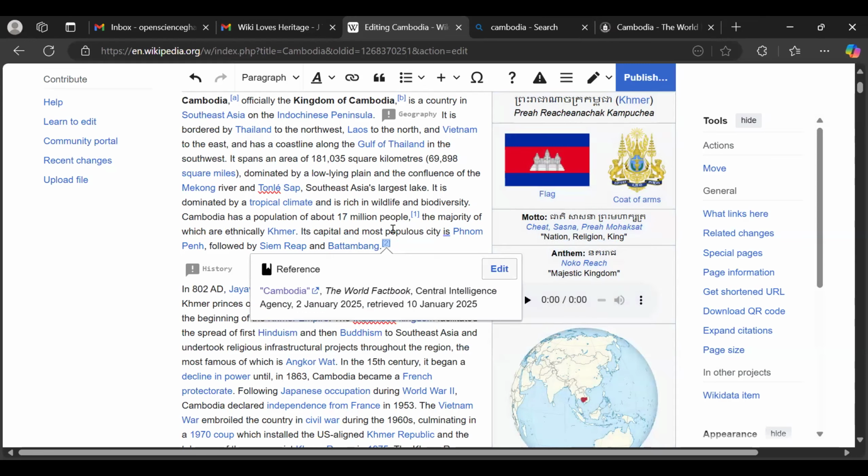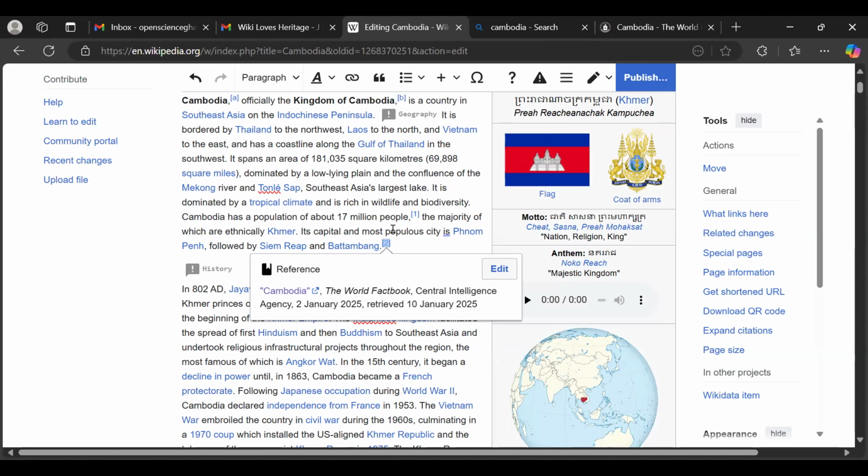And this is what I want all of you to understand. Contributing to Wikipedia comes in different forms. It can just be you going and finding reliable sources and adding them as references to existing articles. And this is part of this particular training. I want to see that you all are able to add at least one reference to an existing article. You will not be penalized because you are improving on it.